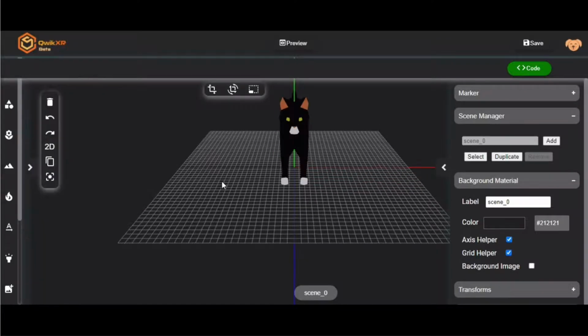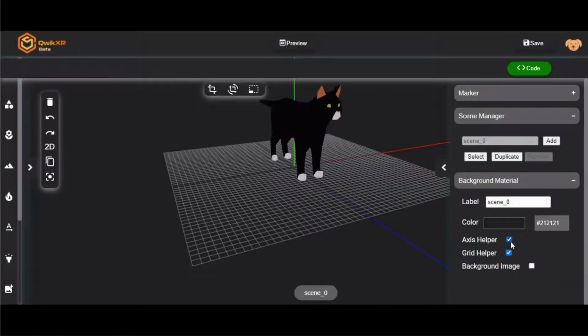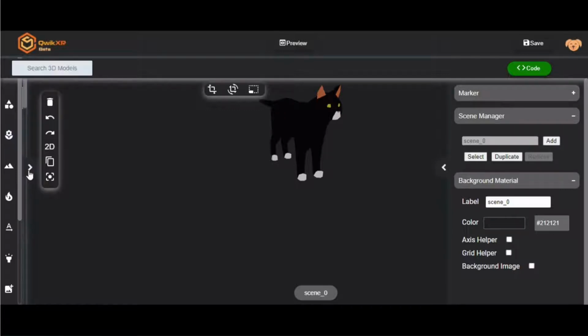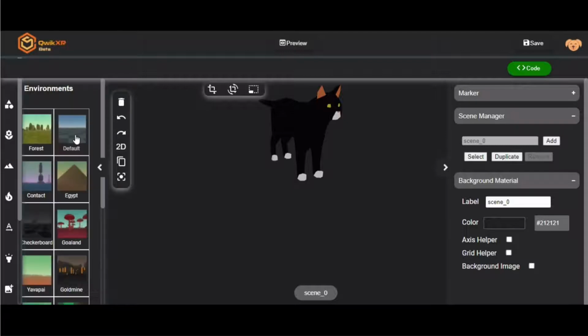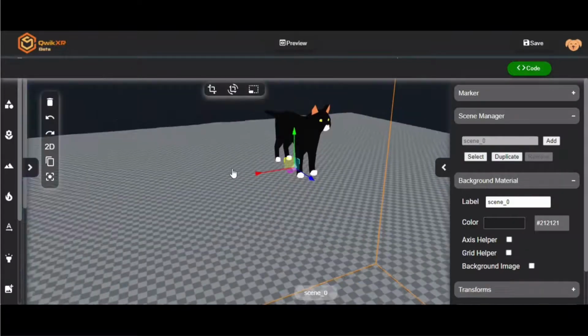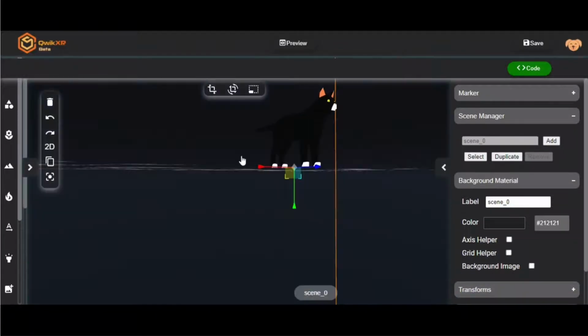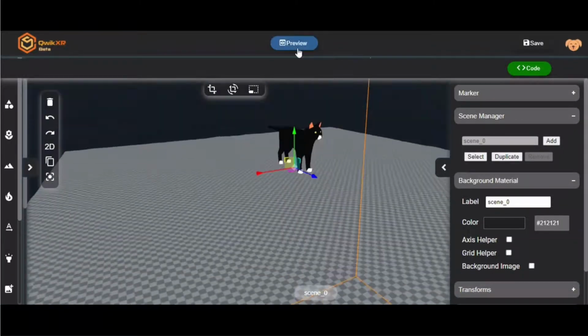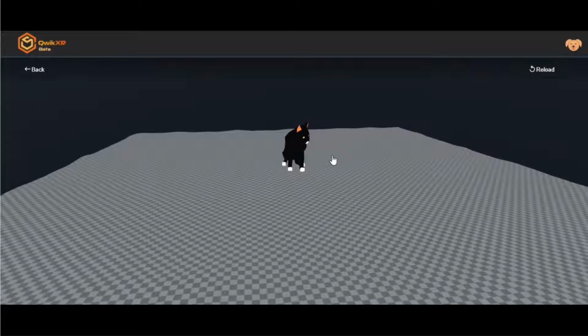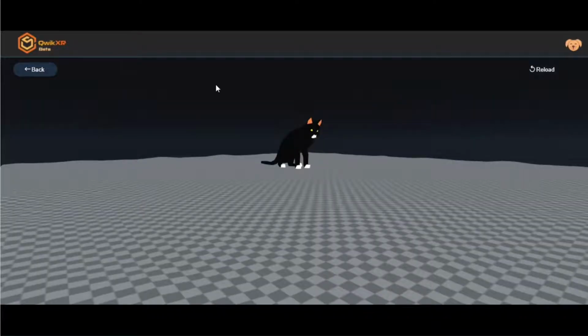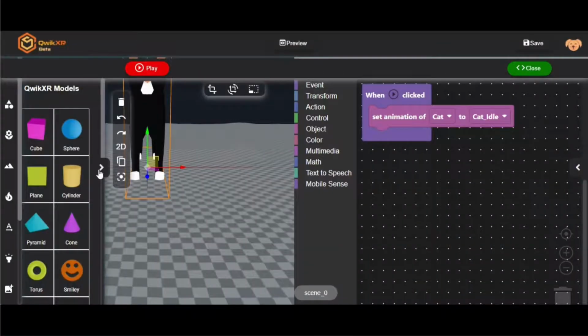So if I were to publish this project and someone were to play it, this is what they would see. Now it would not really do anything because we have not added any kind of interactivity to it. They would just see a cat. But this is the main working area and this is what users are going to see, and this is where we test our apps by clicking that play button. And of course we will get more into that later. From now I just want to introduce that this is the platform.